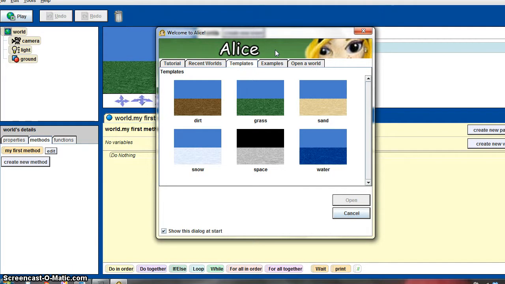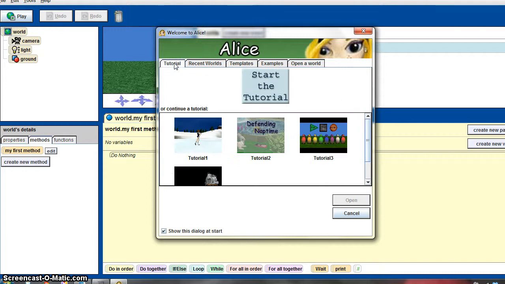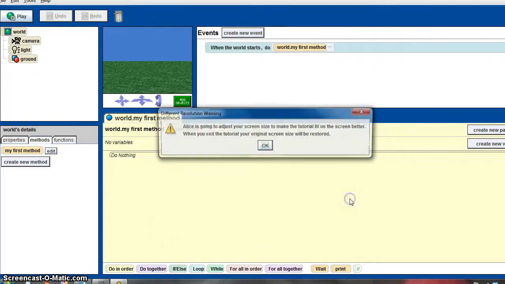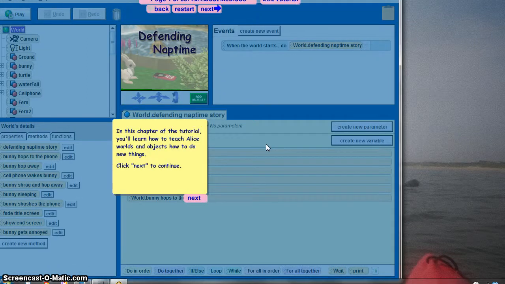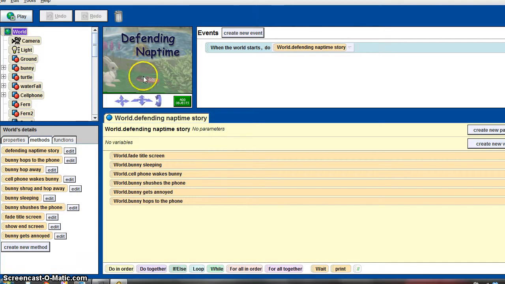If this is your very first time in Alice, you might be interested in looking at the tutorial or the example worlds. And when you do that, for example, I'm going to click on one. It will take you to a couple of things, four at least here that you can see, where they're going to step you through with little bubble boxes how to get an animation started. I'm not going to step you through this whole one, but what I do want you to see is that when you're finished with this tutorial and you hit exit, it takes you to this view,